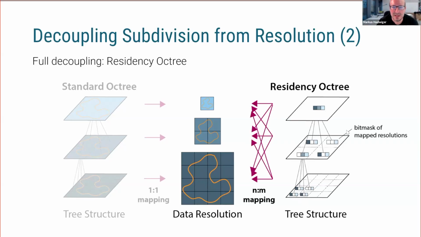So basically what you need for this is the octree itself is the space subdivision. And then in every node of the space subdivision, you need to track which different resolutions that are currently resident in cache cover this spatial extent. So that's relatively easy to do. So we do a bit mask in every level of this octree. And basically this bit mask says for 3 different resolutions, is this resolution available for the corresponding spatial extent, or is it not available because it's not resident in cache? And this simple change has a lot of